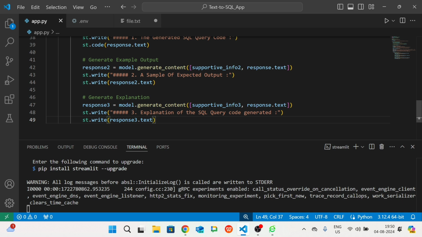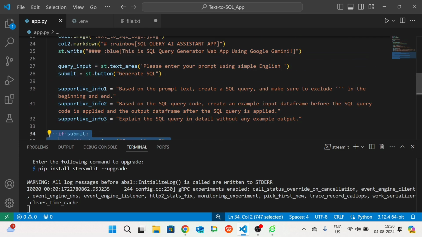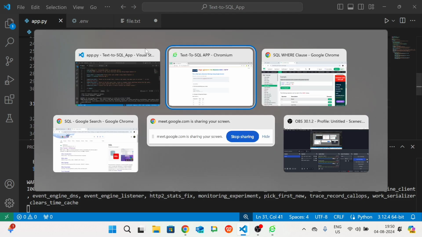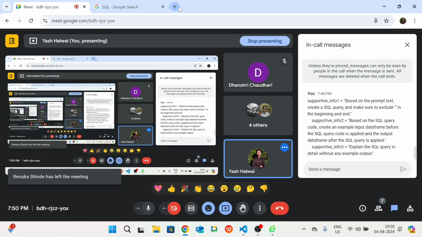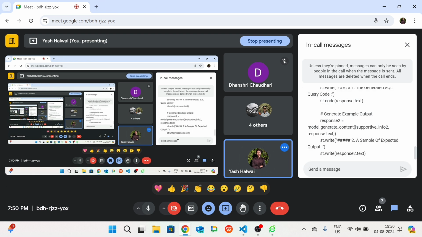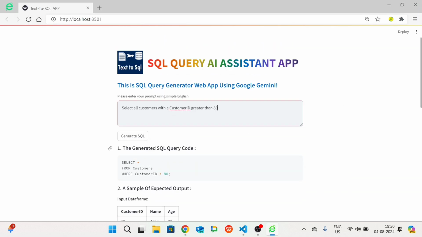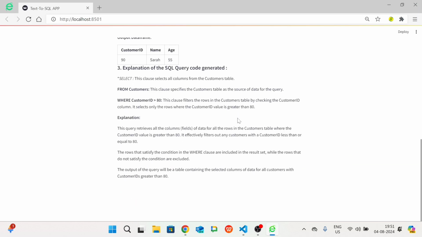Okay, so again we are doing the same thing, we generate an explanation of the SQL query, and after this all things are done, our code is also completed. That is a not a very simple application. Where is Google Meet link? Acha. So this was a very simple last part in front of you, and after doing all this thing we are done with the code, and you can see our application how nice it looks. Okay, a very good application.